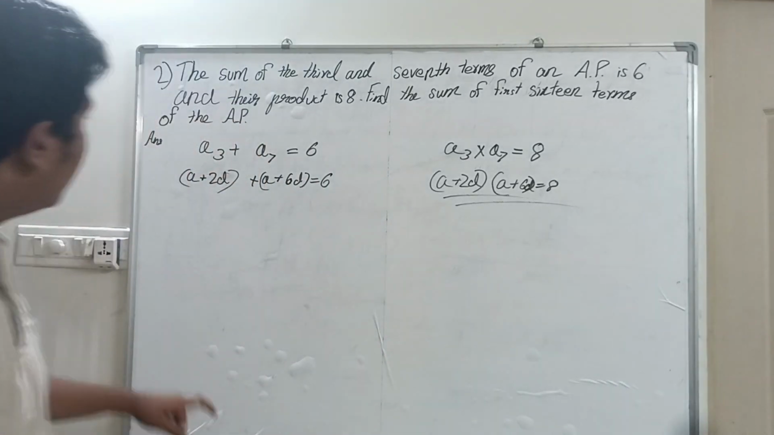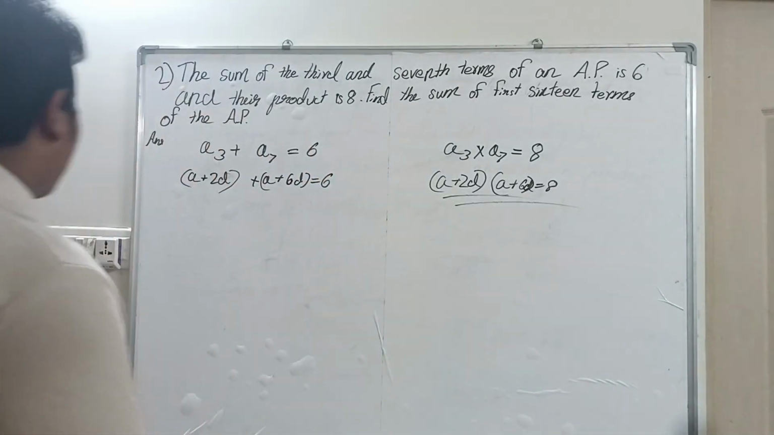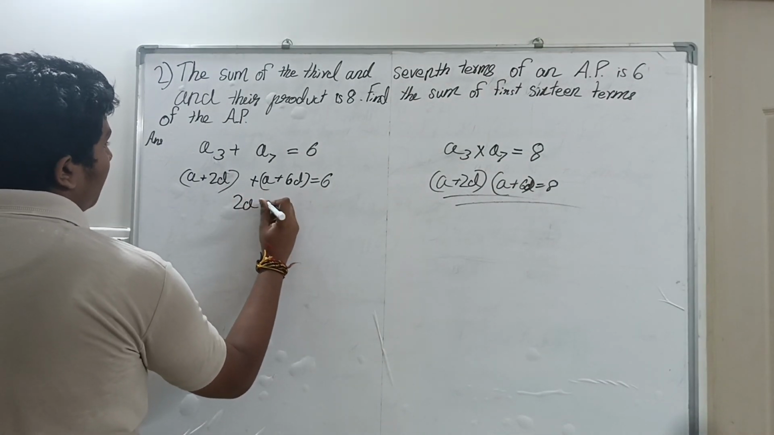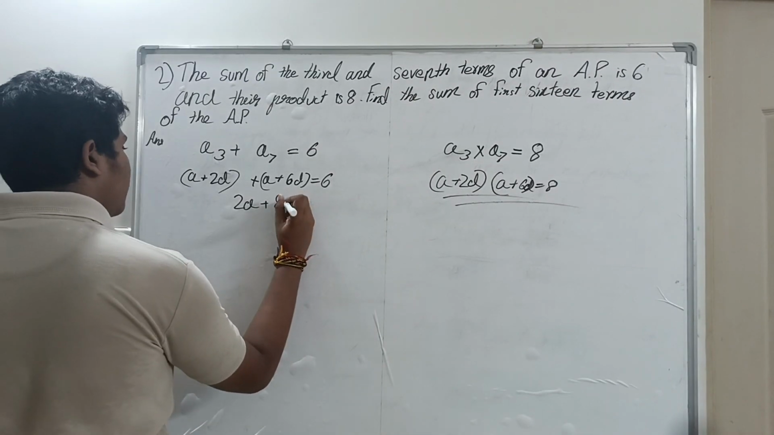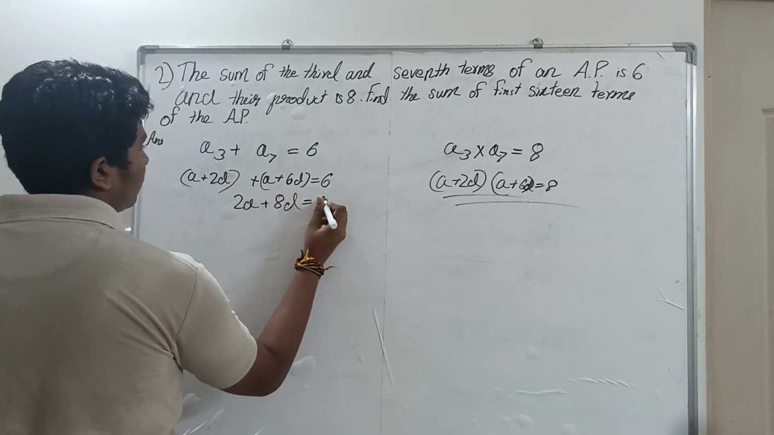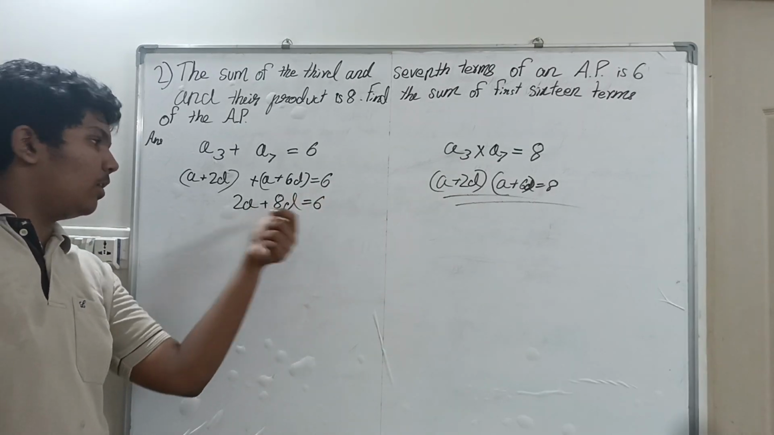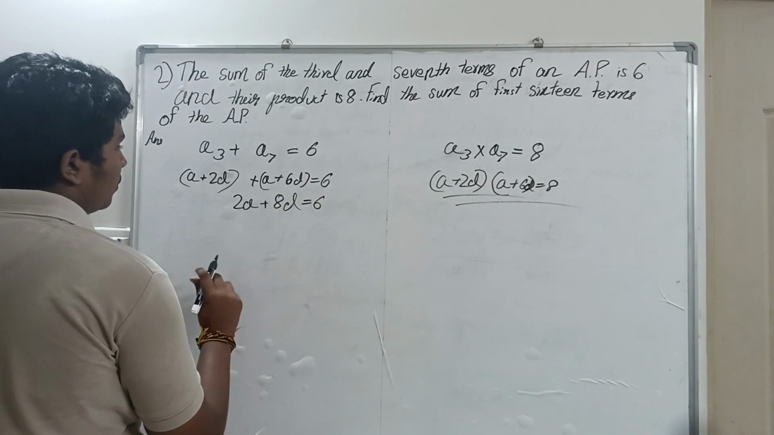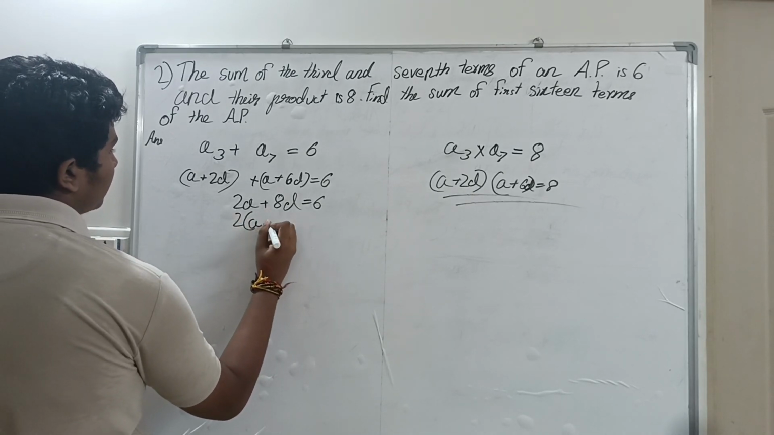Okay. Let's now focus on this guy, this addition. So here you can add, right? So 2a plus 2 plus 6 is, yes, 8d is equal to 6. You can try to cut it up now with the numbers, because all of them are divisible. So you take out 2 into a plus 4d